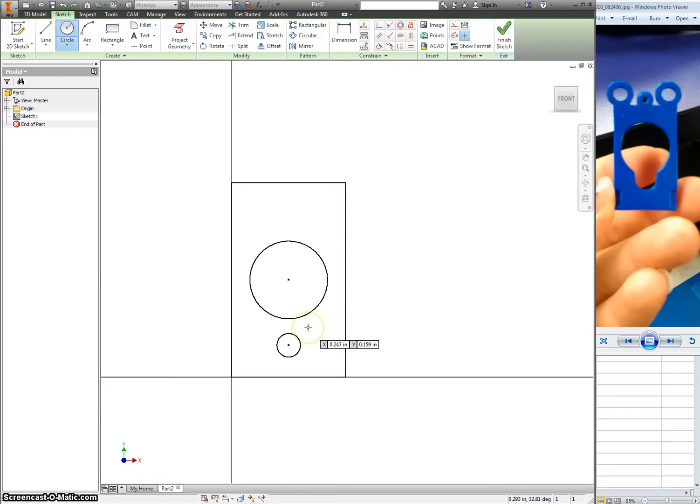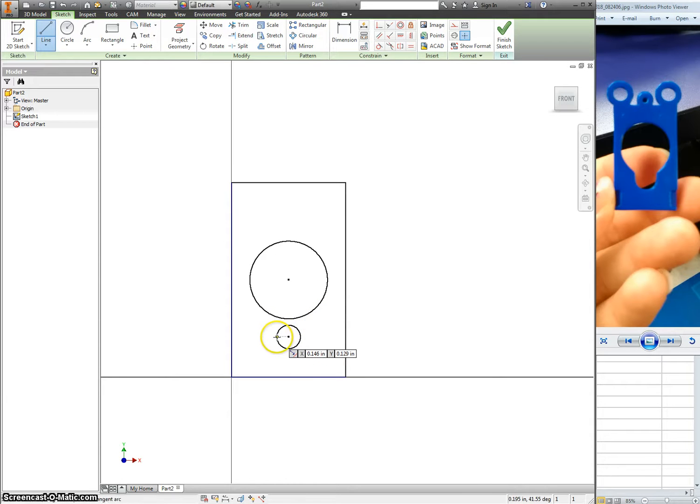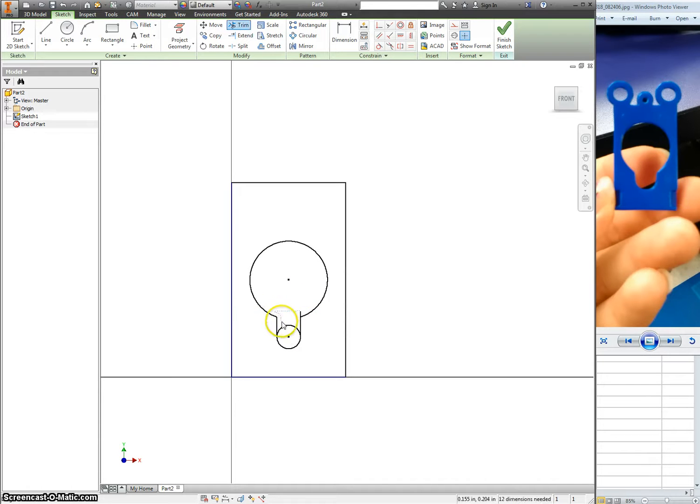And to me it looks like that's not quite that far away. If I snap to this quadrant, I should be able to go straight up here and straight up from this side. It's not quite the same as just a circle on top of a circle. It has a couple of squared off edges, so I want to show that here as well. Use my trim tool, so I trim away a couple of those parts, and then